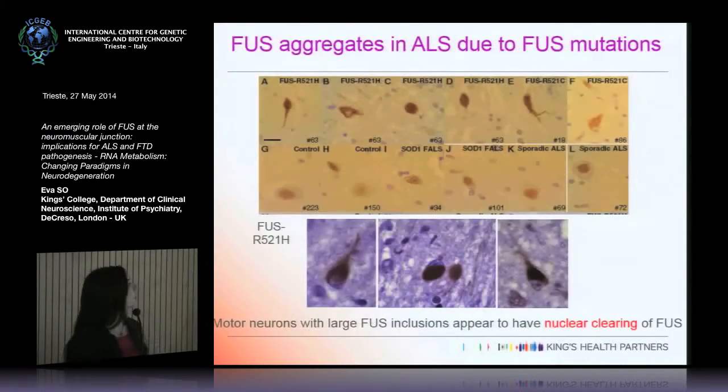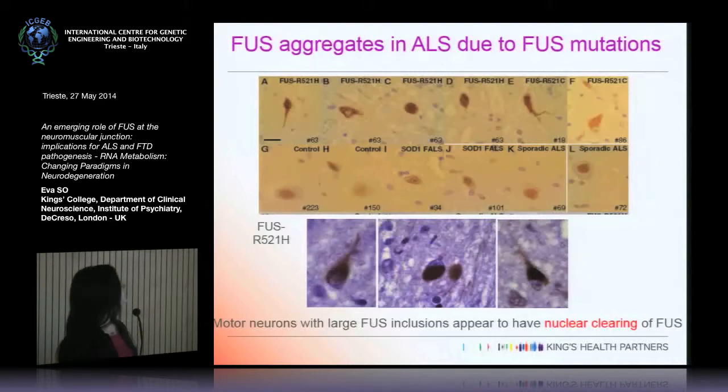So here you can see FUS aggregates in ALS due to FUS mutations. These are spinal cord motor neurons from patients suffering from these ALS mutations. And you can see these large globular and elongated FUS inclusions in these patients, which were absent in the control, in the FUS familial ALS, and also in the sporadic ALS. And at the bottom, you can see these motor neurons with large FUS inclusions appear to have nuclear clearing of